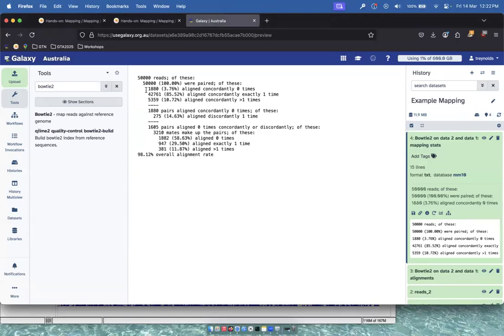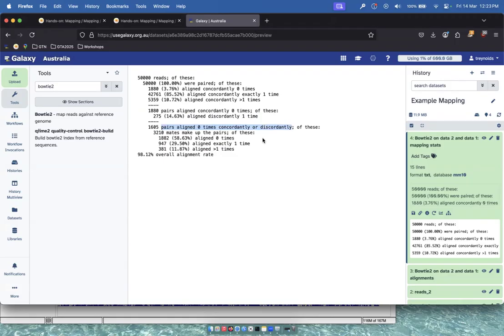We can also see the percentage of reads which have not been mapped, which is roughly 3.5%. This is broken down into explanations of why these have not been mapped. So some of these are due to the pairs aligned concordantly 0 times. So that's due to reads which have been aligned discordantly 1 time. There are reads which have been multi-mapped. So that's ones which have been aligned greater than 1 time in the pairs aligned 0 times concordantly or discordantly